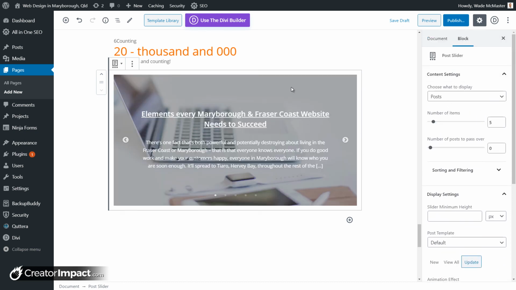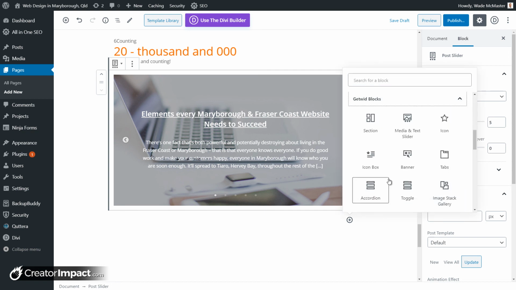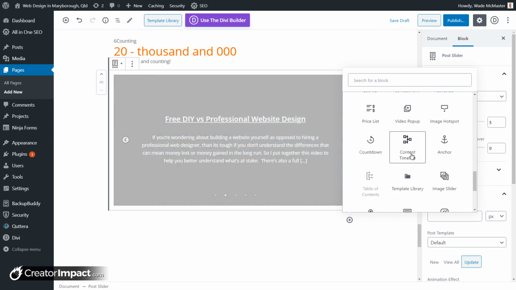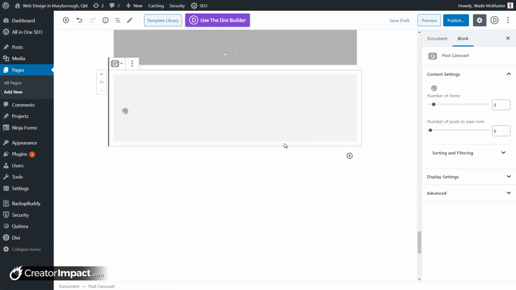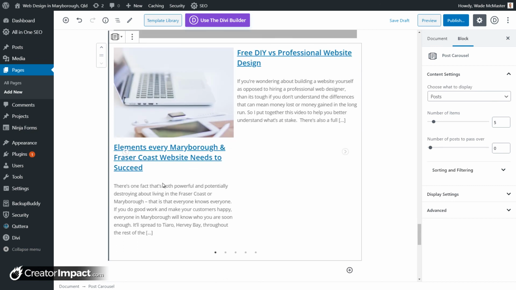So that's pretty handy if you want to have a post slider on your page. The other option also is a post carousel, which is similar to the other one, except it's like a slideshow with your posts on there. Now, what also makes this a little bit different, we can choose pages or projects,